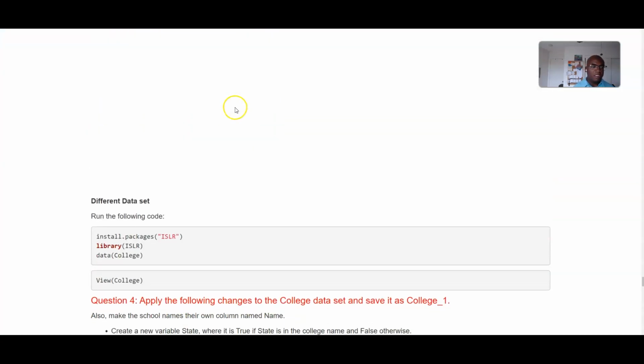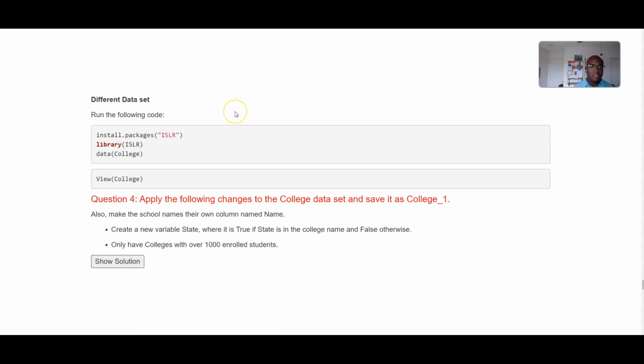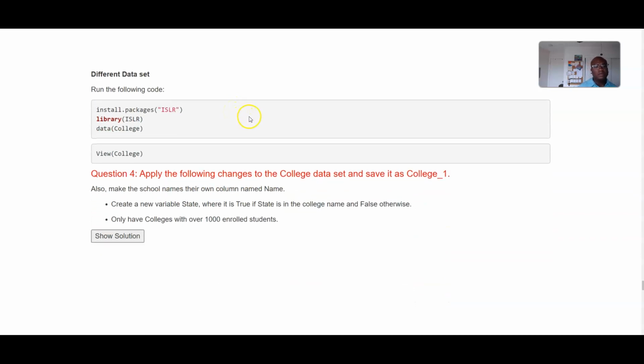So with that being the case, I want you all to try this on your own. Make sure this ISLR package is installed. This is the way you install it. You run library ISLR, and then you review college name. And so apply the changes to the data set and name it college_1. Should say _df. Create a new variable named state, where if it's true,